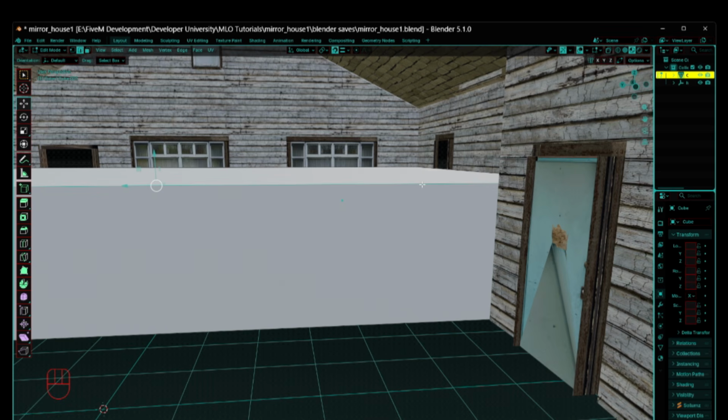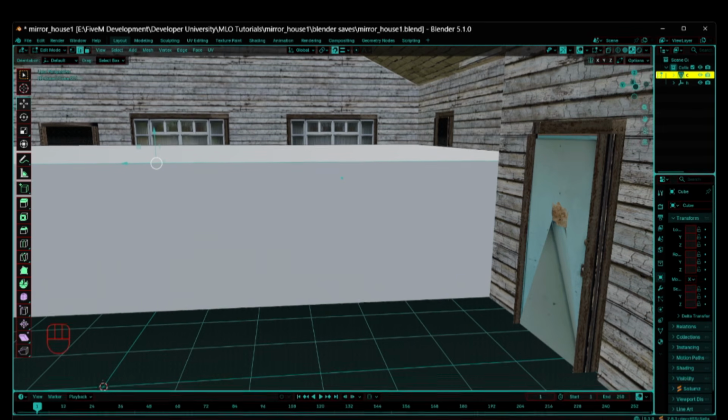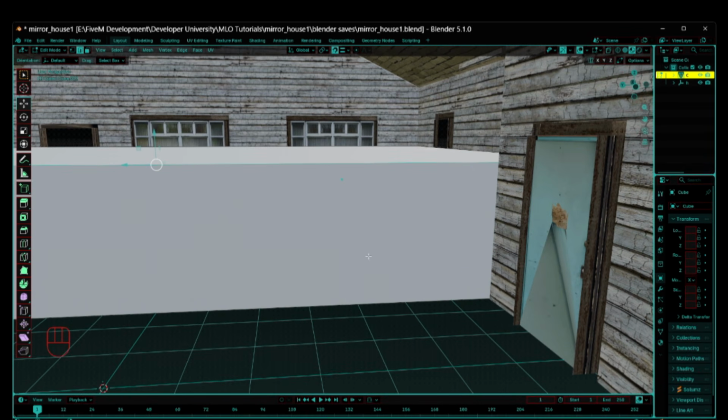So then have your edge selected, right? Let me pull this up. Have your edge selected, and you're gonna do Control R, right? And then you see the loop, right? And then there's like a target, and it's snapping to this edge. And that's what I wanted to do. So now that's good. Now I'm gonna go back to face select, turn off snapping,